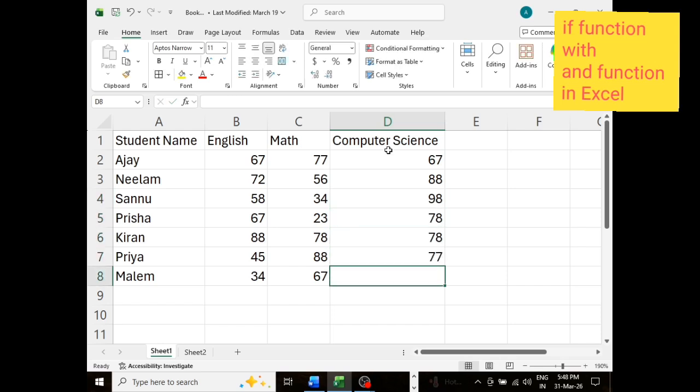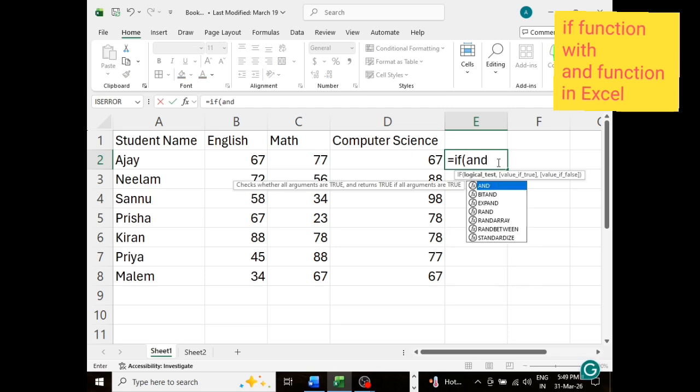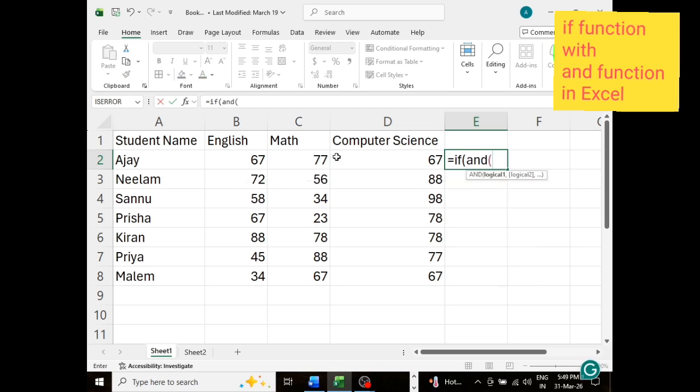To find out the student result, first we will type equal to, then IF bracket open and AND bracket open, then if B2 is greater than 35, comma, C2 is greater than 35, comma, D2 is greater than 35,